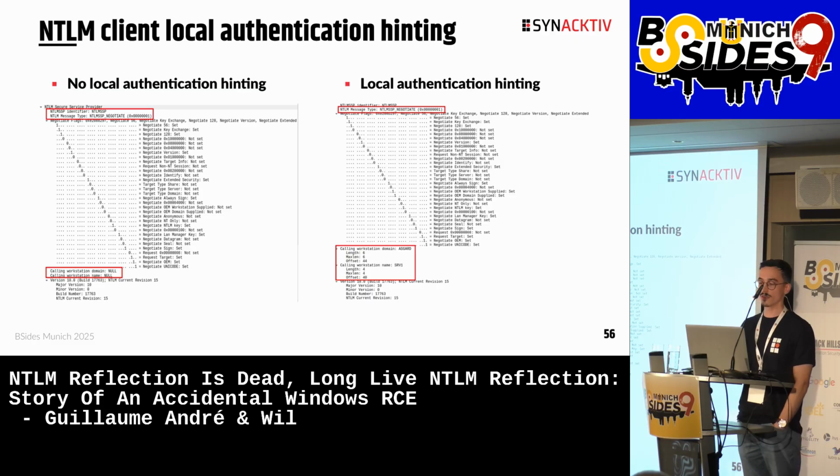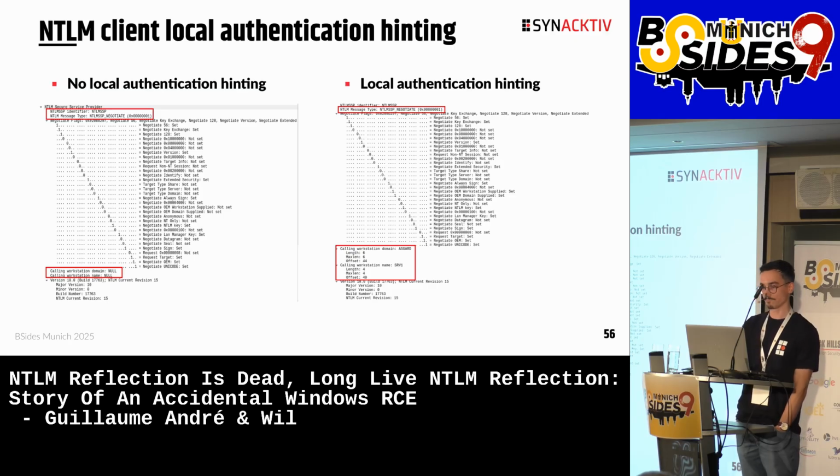Basically, the only thing that changes is that the two fields, calling workstation domain and calling workstation name, are null on the left and are filled with correct values on the right. So local authentication hinting is just including the machine information inside the first NTLM message. And when the server receives this message, it will parse these two values and will decide whether or not to perform